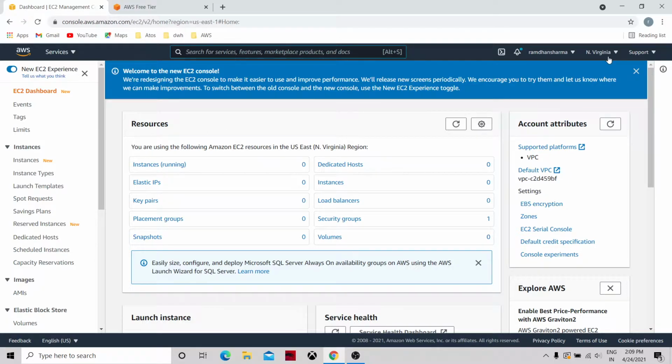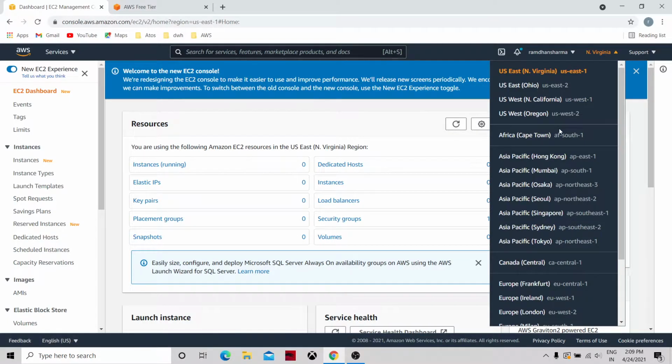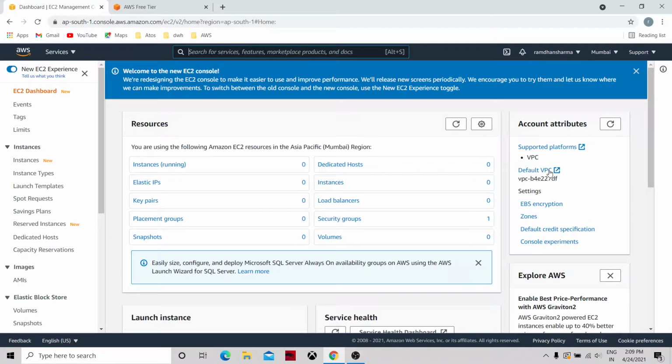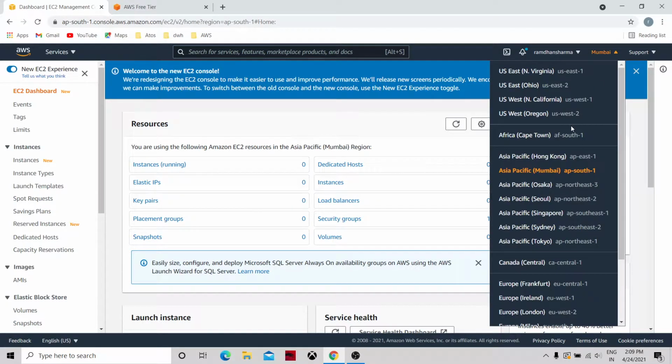Why is it logged in using North Virginia? Let me go to one of the Asia Pacific regions, Mumbai. In this down arrow pop-up, you can select various regions.